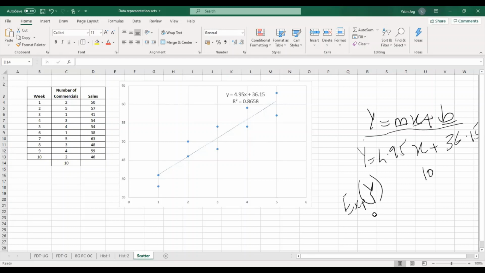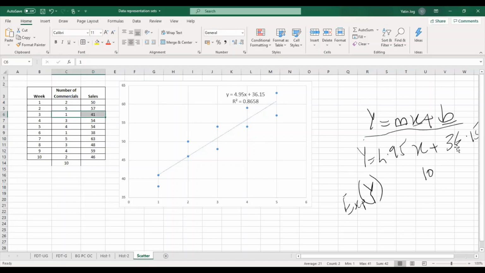Again, the same thing which I have tried to explain in yesterday's session. Whatever analysis we do, the basic concept is to understand the deviation of all the data points from the expected values and to minimize that deviation, minimize that error. Fine. So even in this case, if you say value of x is equal to 1, what is the expected value of y? If I put x is equal to 1 in this equation, what is the expected value of y? It is 36.15 plus 4.95.